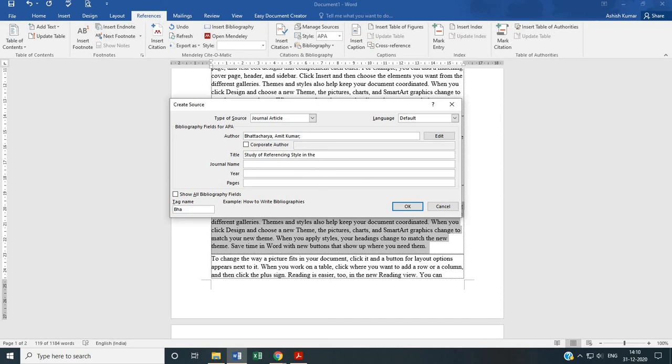in search questions of Doon University. Right, this is the paper and the journal name is Library Review. Here it is also published in 2020. Now this paper has been published in page number 31 to 45 and I click OK.